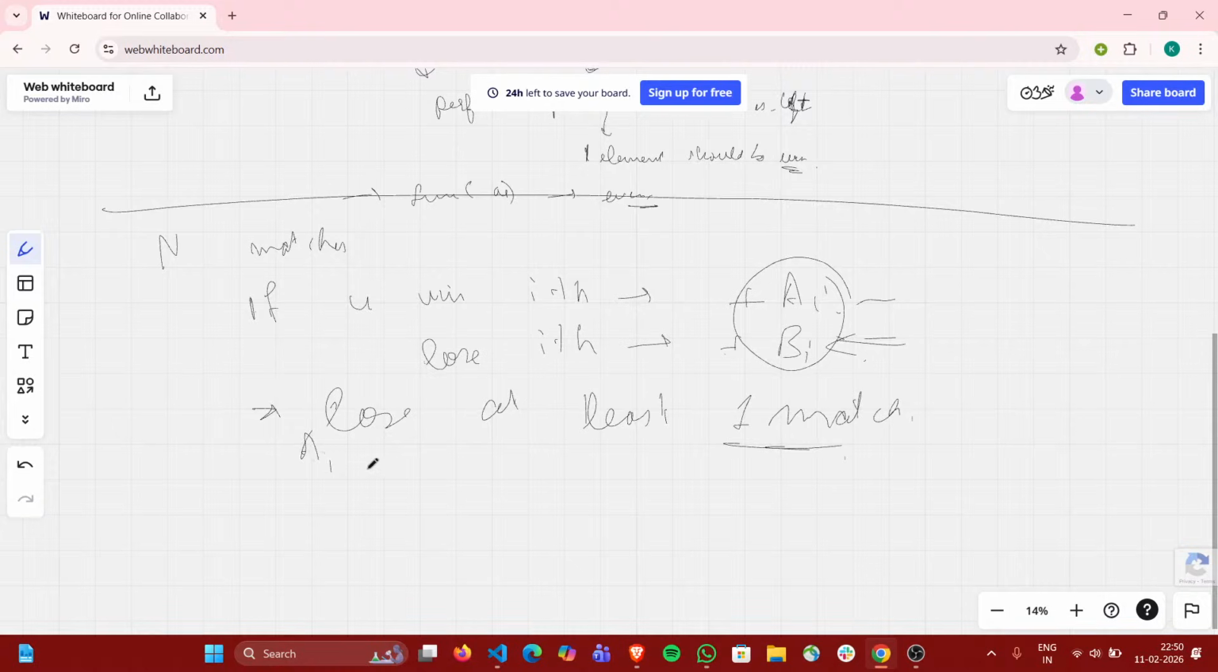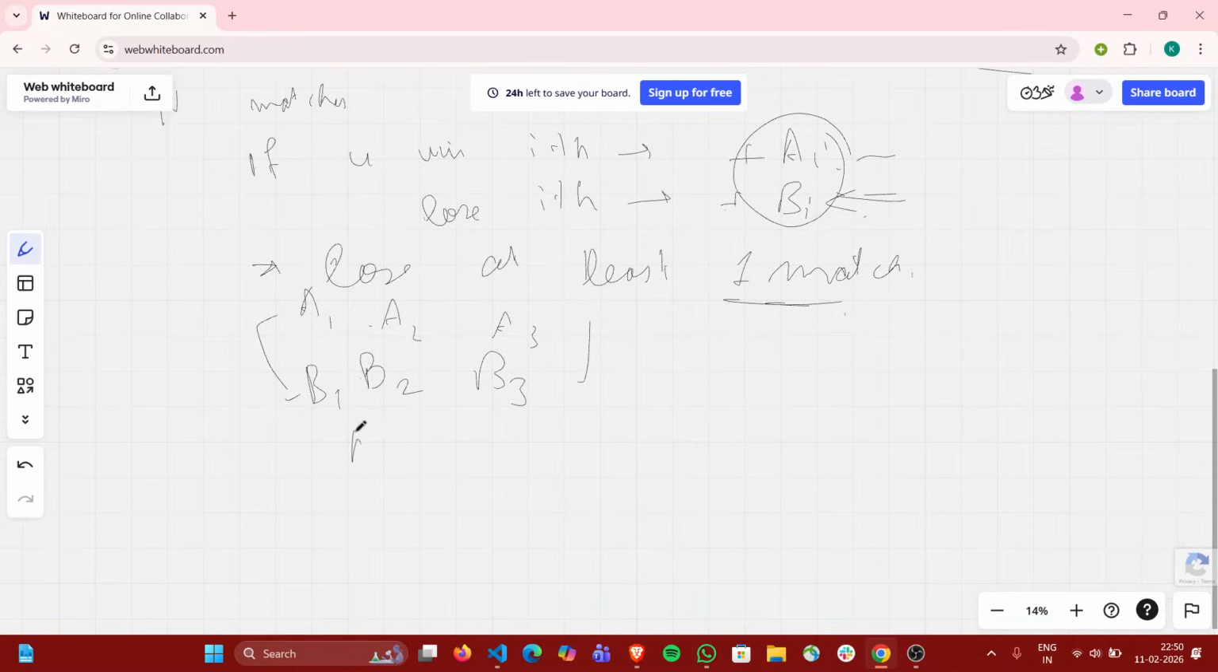So let us say I am having A1, A2, A3, and B1, B2, B3, and I want to receive the maximum number of coins. So optimally, if I win all the three, I will get A1 plus A2 plus A3. But since I have to lose at least one competition, so